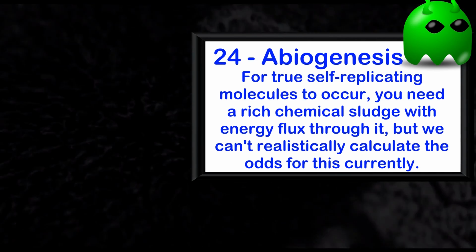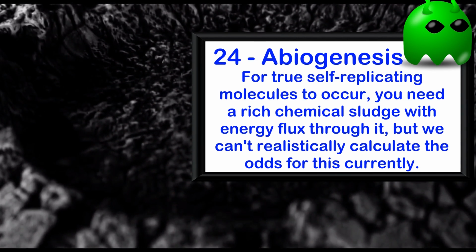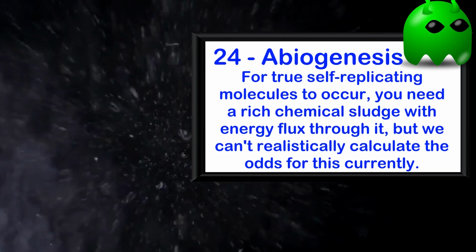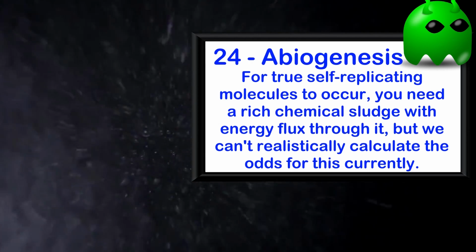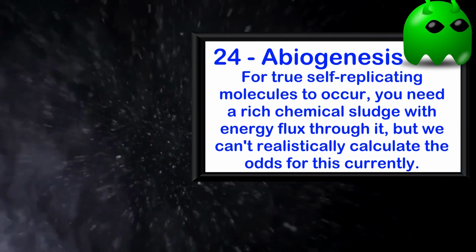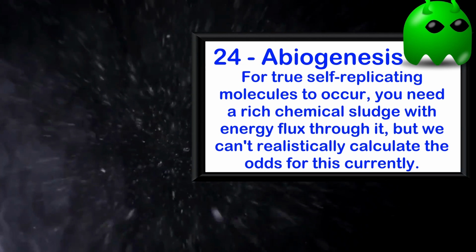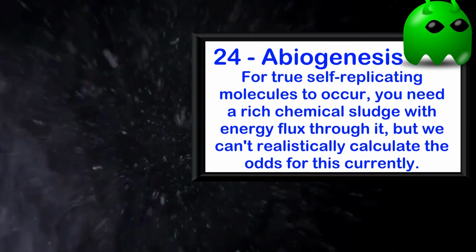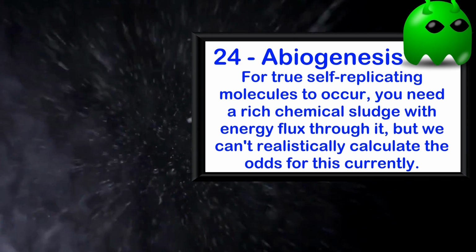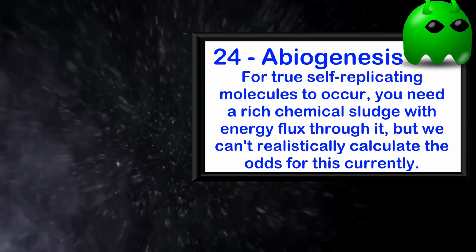24. Abiogenesis. We still aren't sure how it happened or where. Popular candidates are tidal pools, underwater thermal vents, and even outer space. We know it ought to take a decent chemical soup with some sort of energy flux through it, and probably many concentrations and mixtures can do it, but not likely all with similar odds. It might be some mixtures are way less likely, astronomically so, than very similar ones, to produce life.